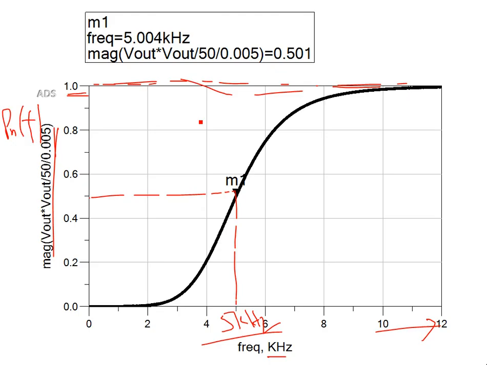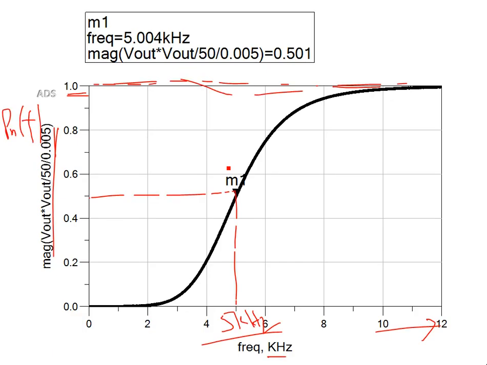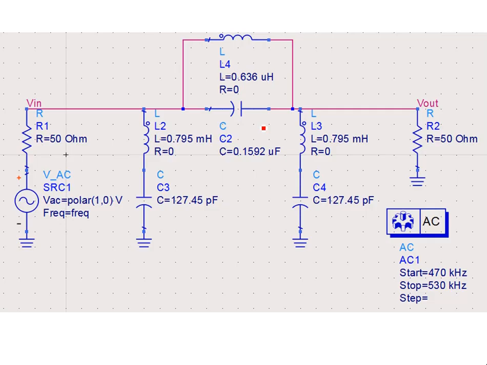So 1.59 divided by 2 is about 0.795, and the corresponding capacitance that resonates at 500 kilohertz is 127.45 picofarads. And similarly, 0.3183 divided by 2 is about 0.1592 microfarads, and the corresponding inductance is 0.636 microhenries, which is going to resonate at 500 kilohertz. And then you have the same shunt branch on either side of the